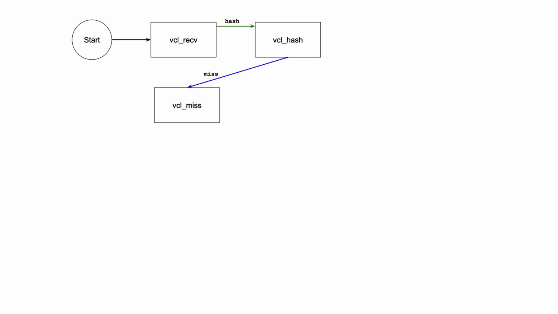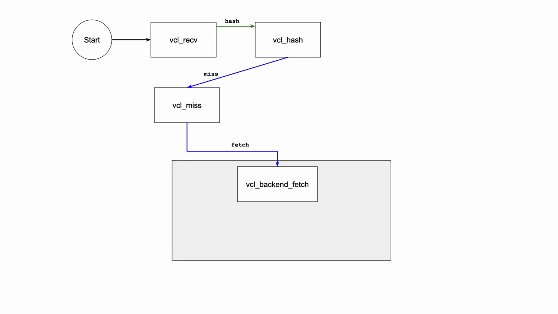Here's an example of the flow for a cache miss. You start and enter VCL receive. You perform a return hash, which allows you to transition to VCL hash. There you perform a lookup and you conclude that it was a cache miss, which causes a transition to VCL miss. The miss will perform a fetch, which will transition into VCL backend fetch. As soon as the fetch is done, well, VCL backend response will come back and deliver the content. In the end, content that was fetched from the backend is stored in the cache in VCL backend response and